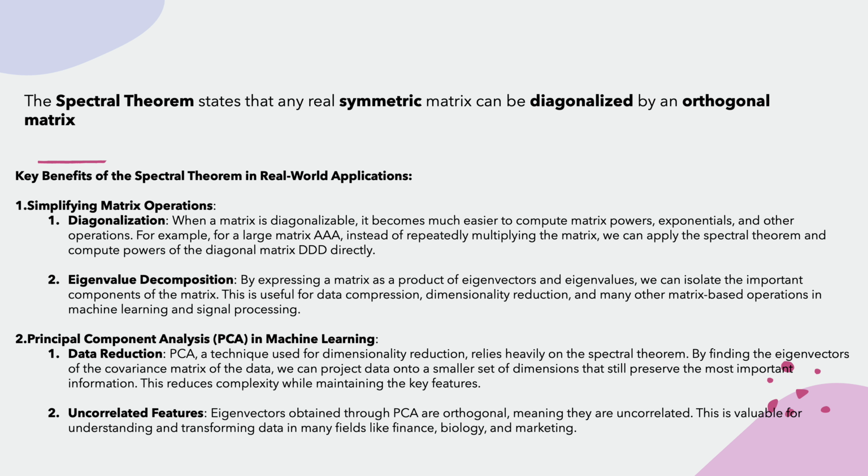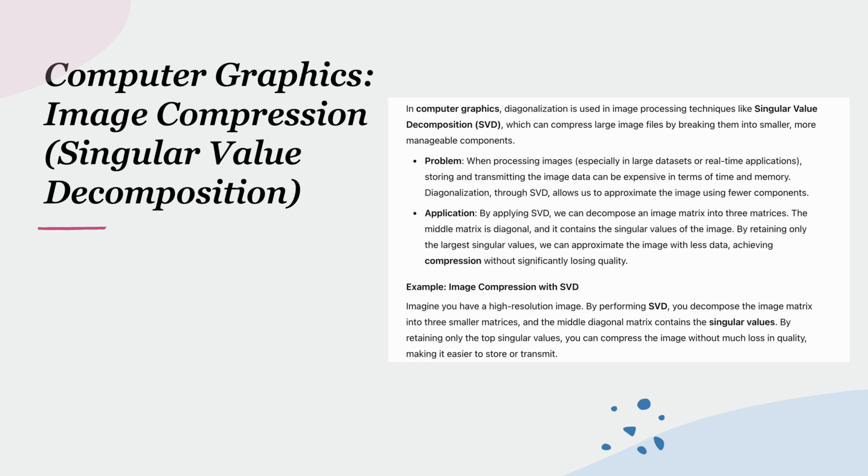But before I really explain what is spectral theorem, I wanted to understand what are the real world applications where we can use spectral theorem. So what's in it for us, kind of thing, right? I did a little bit of research, and there are a lot of examples, as you can see from the slide, but one example I could really connect with is computer graphics, the image processing, right? In the resource extensive world, the compute power that we want to use should be lesser, cheaper, and whatnot. So basically, what spectral theorem can do for us in terms of image processing is,